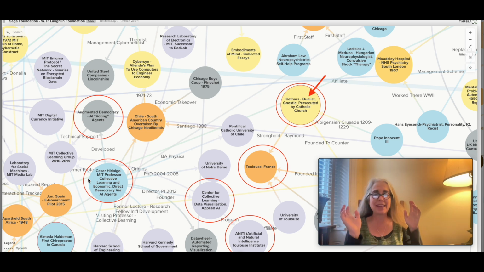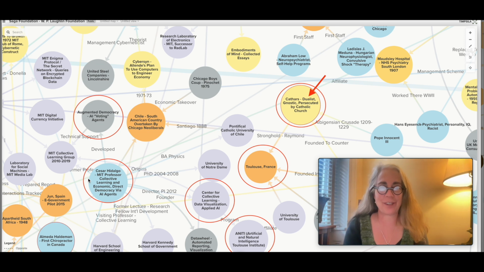which is certainly not liberation. You bring in the English cybernetician to run your government, but then the Chicago boys come in and shake the can and everything is broken up. So he grew up in Chile and then came to the US to study. I'm trying to remember. Oh, so he got his PhD, I see here, at the University of Notre Dame. So again, Catholic and connected to all of the Catholic impact investing stuff. And he was a lecturer and visiting professor at Harvard in the School of Engineering and the School of Government. And then later was the principal investigator, director, founder of this thing, I believe at MIT, called the